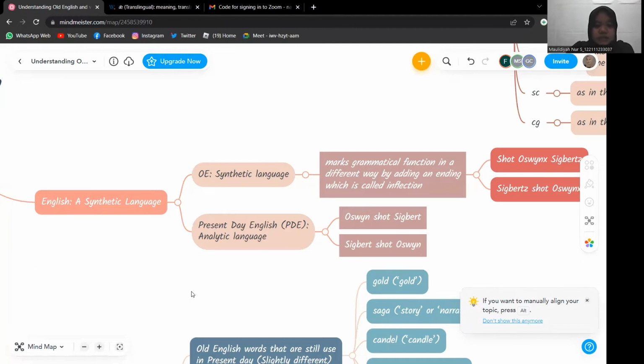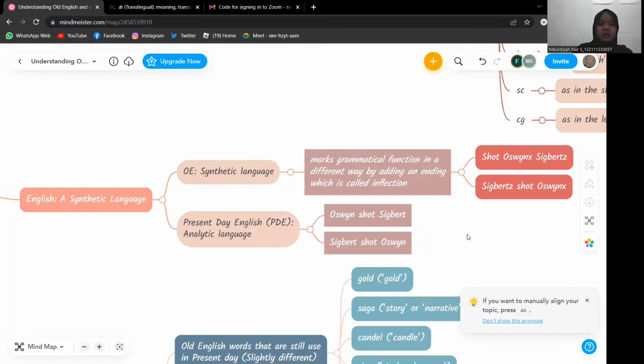And the second example is Sigbert shot Oswin. So the change in word order signals a change in meaning. This time, Sigbert is the subject and Oswin is the object. So for the example of a synthetic language,